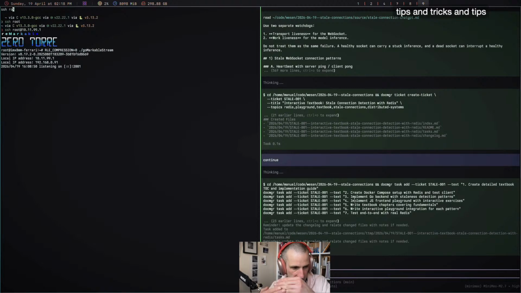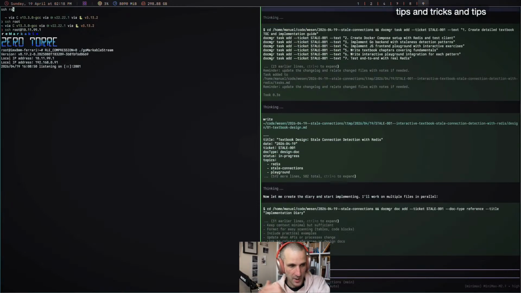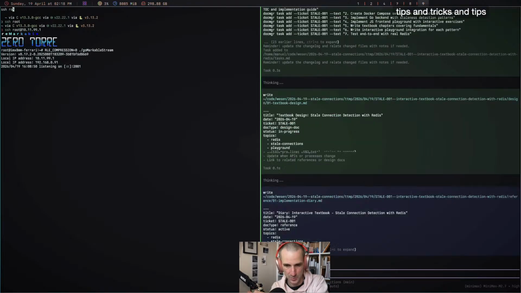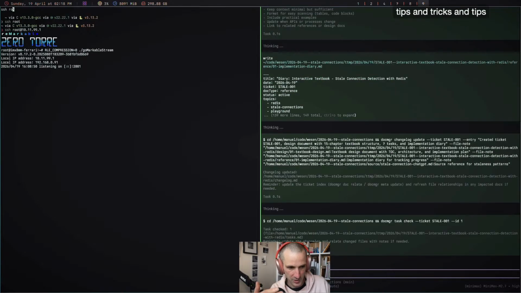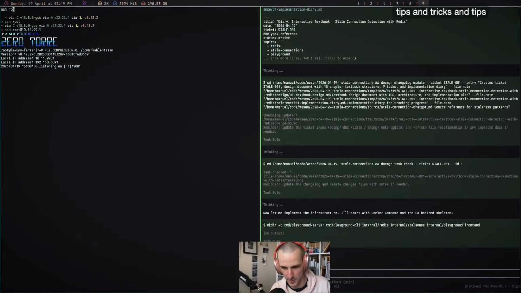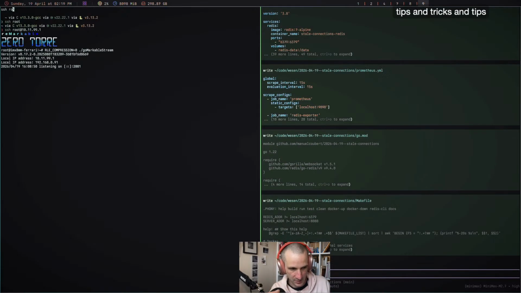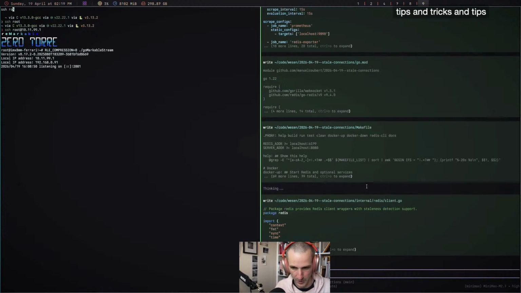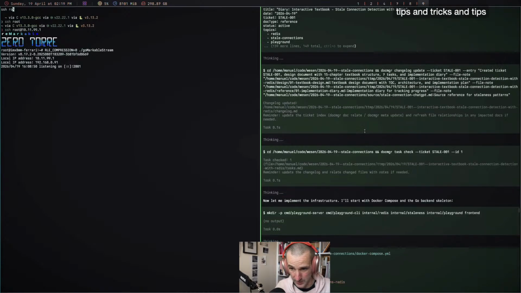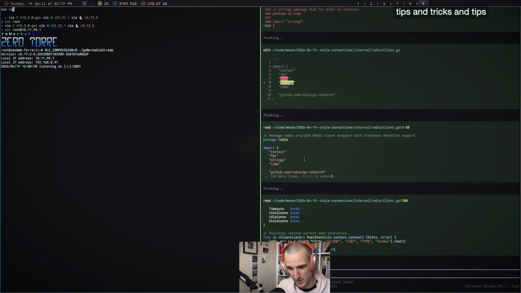Here again, the autoregressive nature is that it's going to write the table of contents, and then it's going to write the Go backend. That means the Go backend will actually match the textbook content. If I had done the Go backend first, it's probably going to be fairly simplistic, and then the textbook is going to be fairly simplistic. If I, however, do a detailed textbook first, then the Go backend is probably going to be pretty complex to cover all these playground cases that I want to have. So we'll see. It's already writing the makefile. What I was afraid of is: did it actually write the design guide?